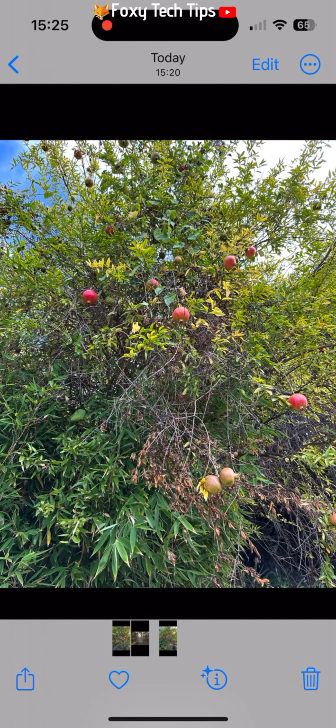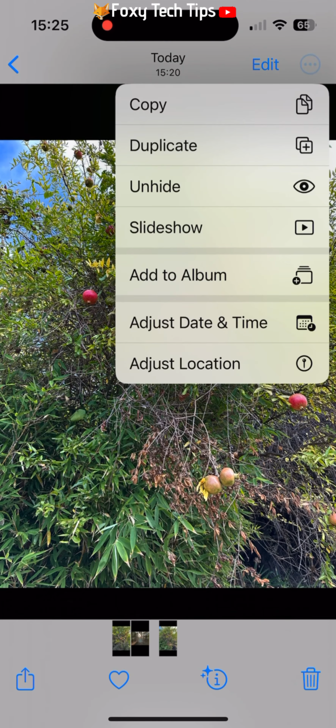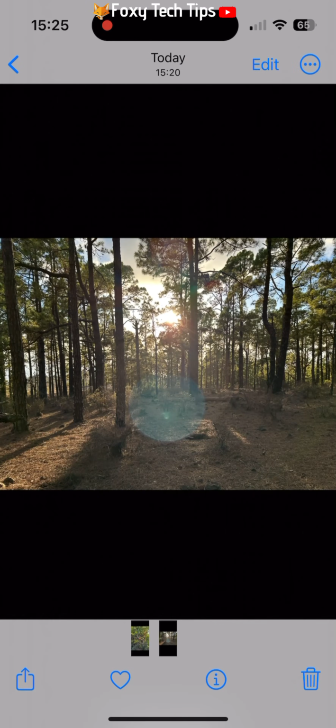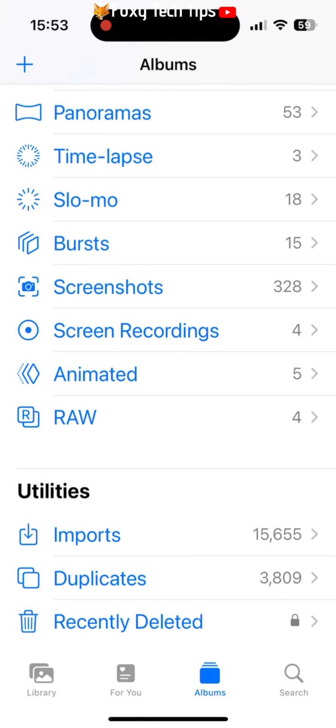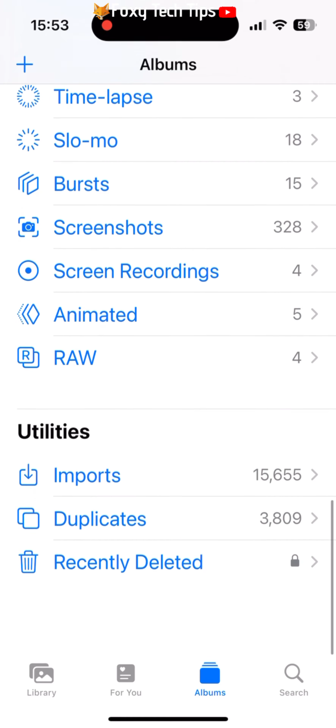You can unhide a photo by opening it, tapping the three dots button in the top right, and then tapping Unhide from the menu. If when you scroll down to the bottom of Albums the hidden album isn't there, then